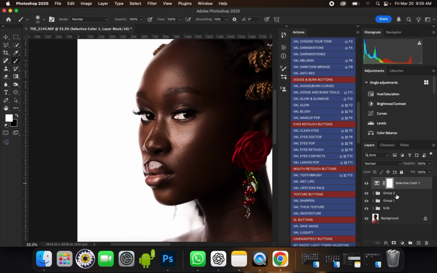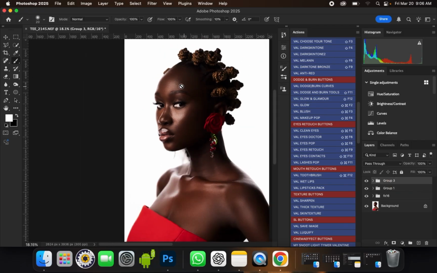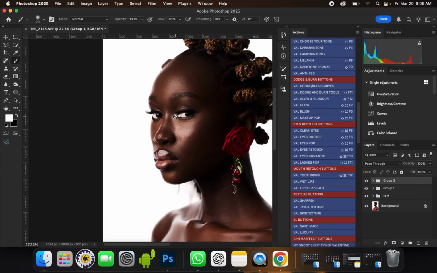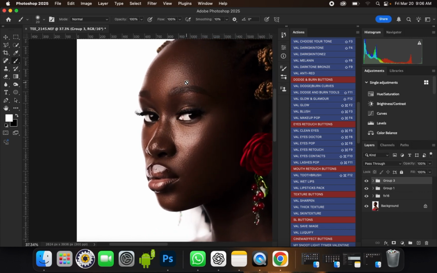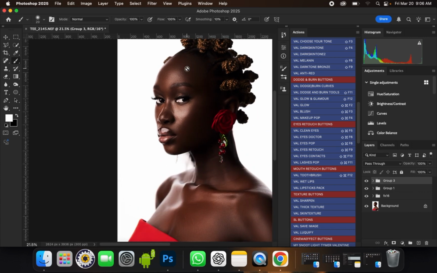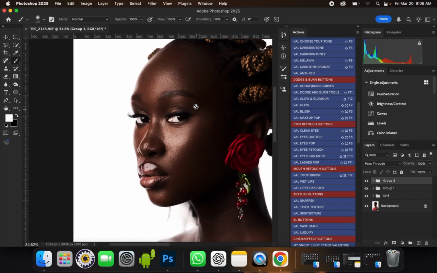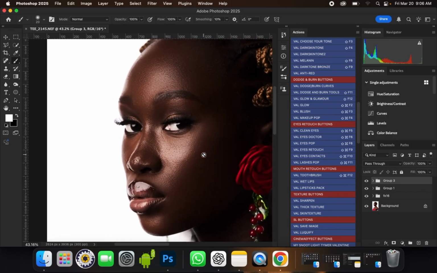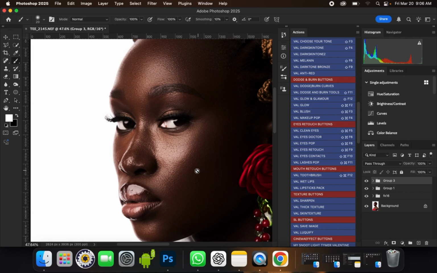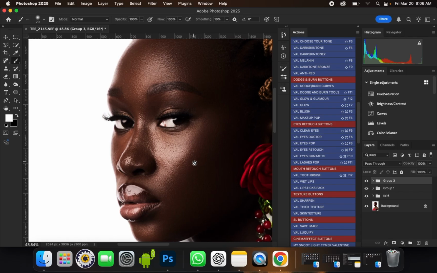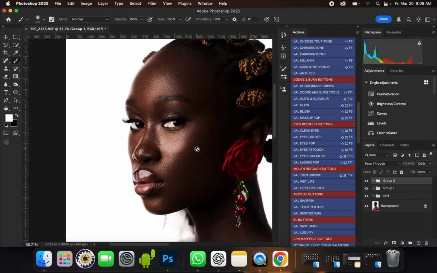So this is how this image is looking now. Let's group this together. So now we have already gotten this skin tone. Okay. So now what we need to do again in this image, we need to sharpen this image. Okay. So there are many ways you can sharpen an image in Photoshop. Like I told you, I'm not going to use action. So what we are going to do is